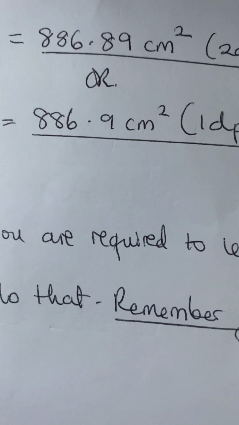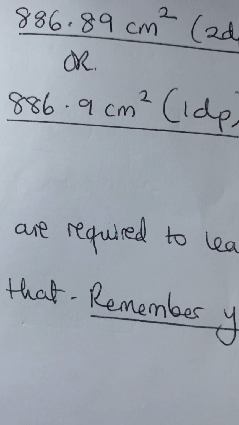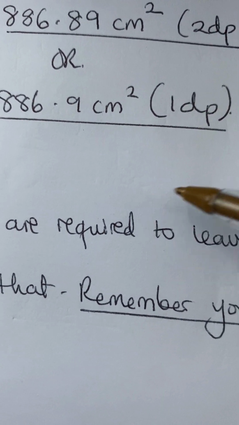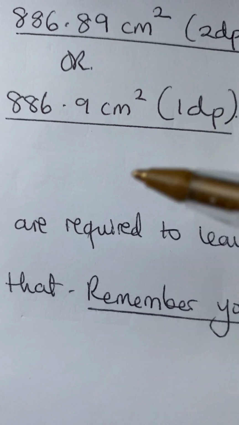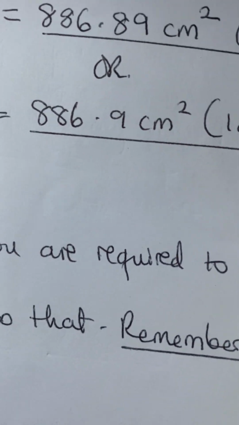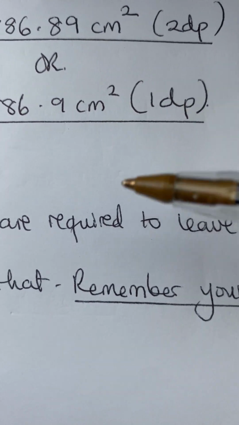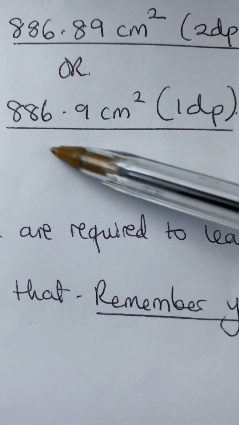Assuming they ask me to leave my answer in pi, then I'm going to get 1000 minus 36 pi. But they didn't say anything in this question, so I'm just going to leave the answer as I've just